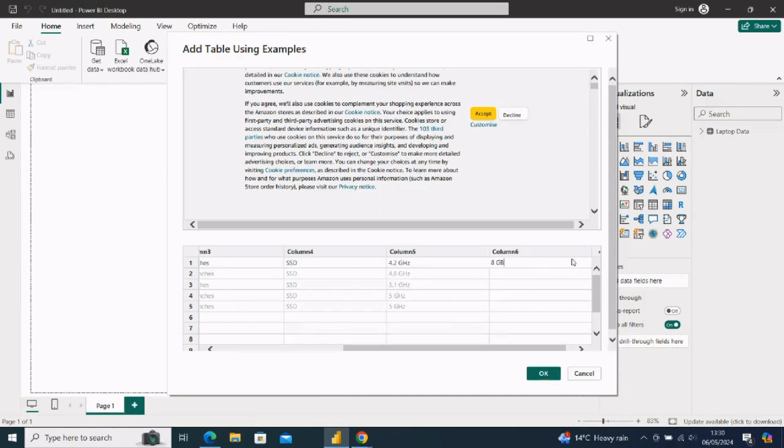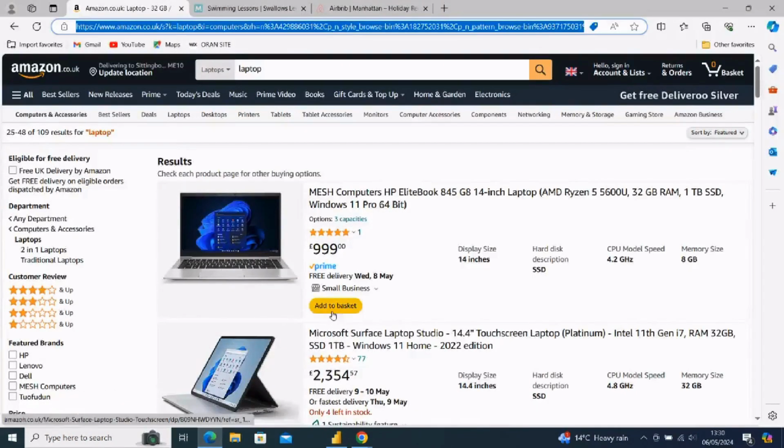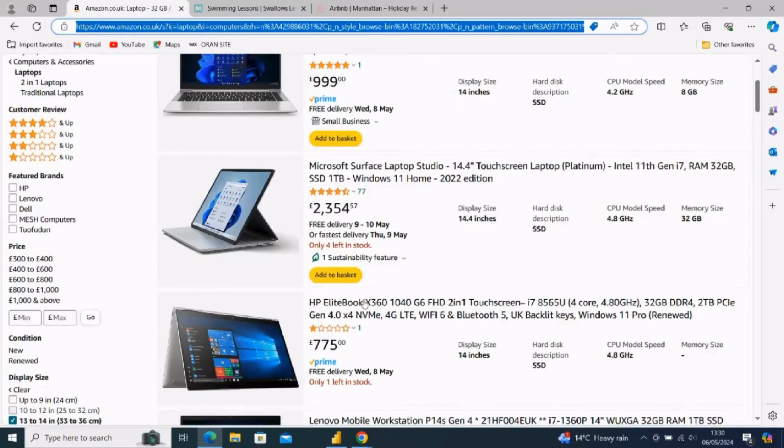Okay, now once you do all of this, right, the next thing is, like I said, it's always best to give it like 2 or 3 examples to ensure that it's well trained for the kind of data you want to extract. So the next one on my list here is Microsoft Surface laptop. Microsoft Surface laptop, and it's